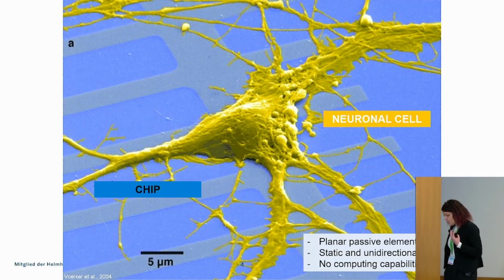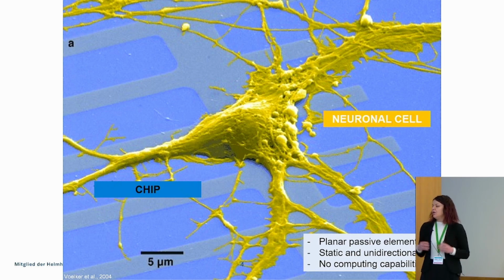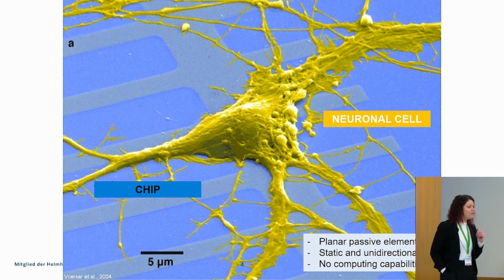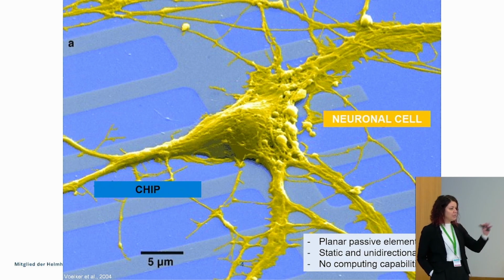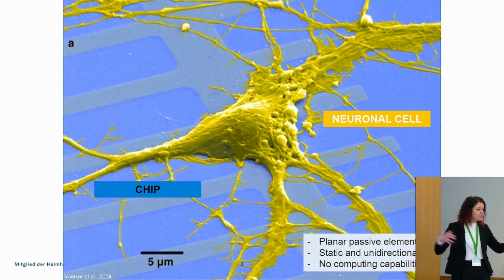And so when we try to couple together those micro devices such as transistors and individual cells, this is a kind of typical snapshot that you can see. This is a scanning electron micrograph of a cortical neuron which has been grown on a silicon-based transistor. As much as this interface looks very beautiful, so the neuron can really grow and nicely engage and adhere